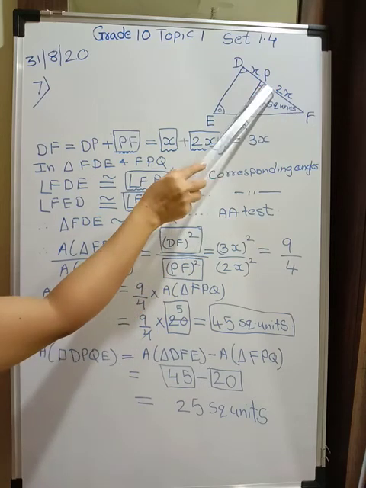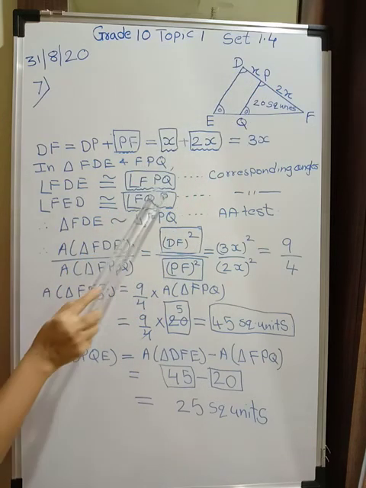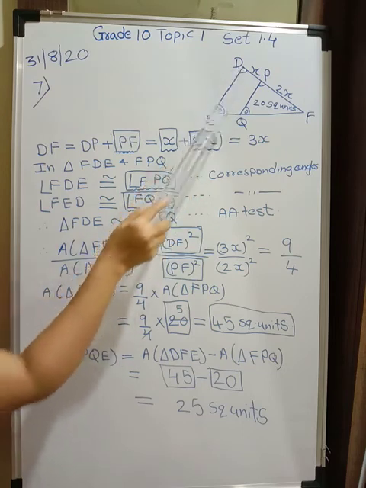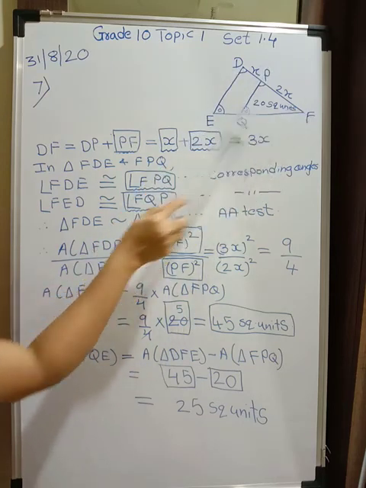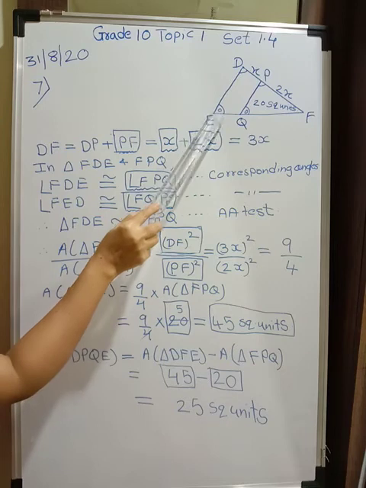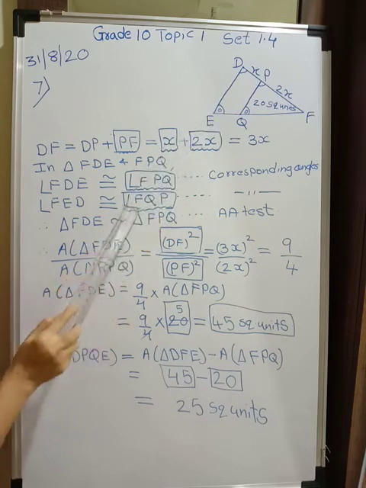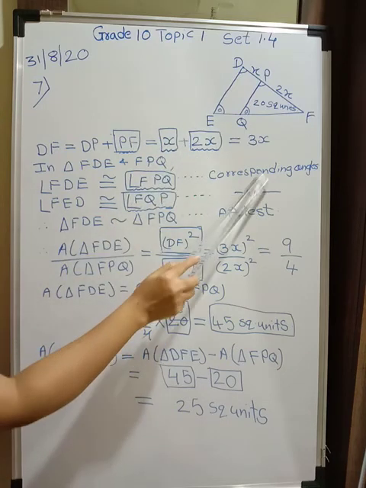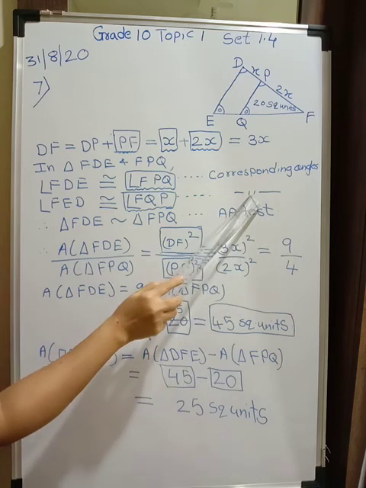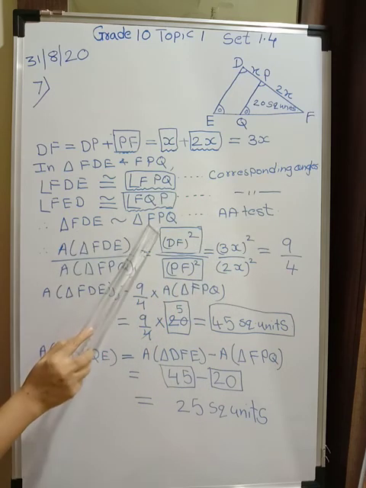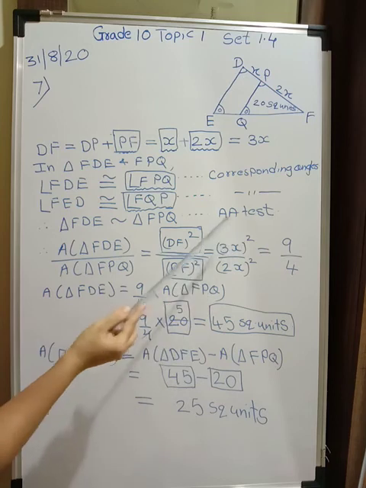So angle P over here and D over here, you can see D and P. Similarly, if DE is parallel to PQ and if you consider FE as transversal, angle E and Q, which I have marked over here, will be again corresponding angles. You have to write here corresponding angles, don't write in this way. Okay, so both triangles are similar by AA test of similarity.